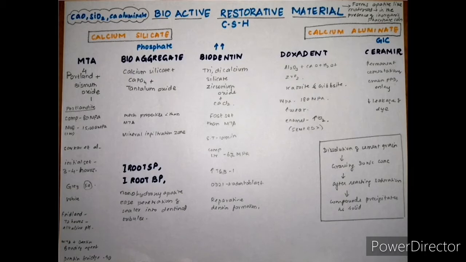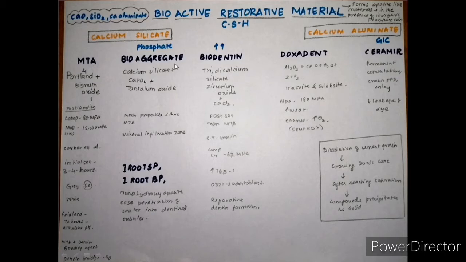Nowadays research has been going on in order to combine this MTA along with the dentin bonding agent. The dentin bridge formed with the help of MTA is more homogeneous when compared to that formed by calcium hydroxide, and studies claim that MTA can form a uniform dentin bridge within 90 days.